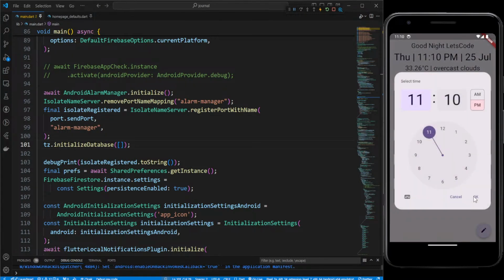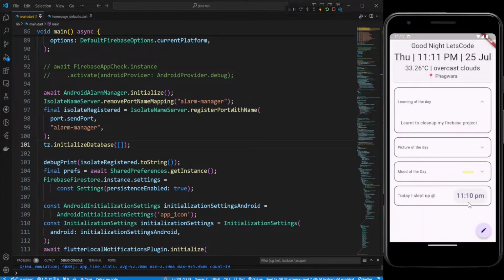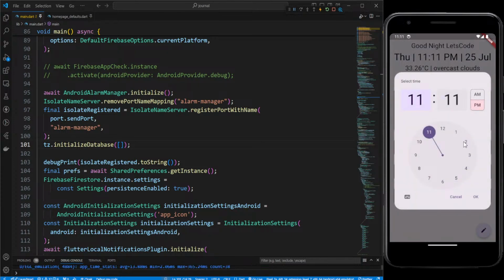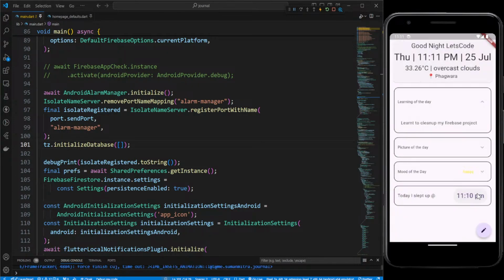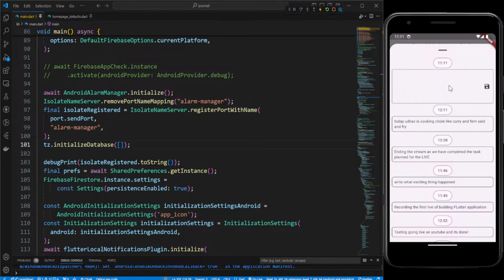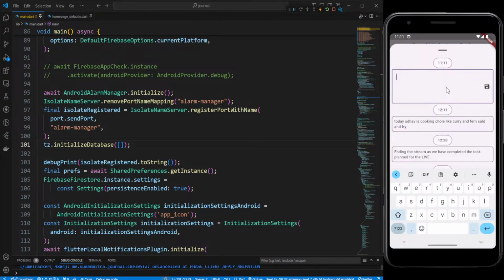The last one is sleeping time. You can just edit time and you should get a sleep time. Now let's change the time, so it's 2:11, so you can get 2:11. So all of the things are working, and the general thing also will work. So you can write here, this is the last one,